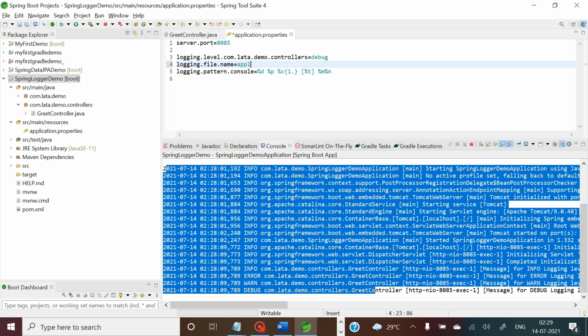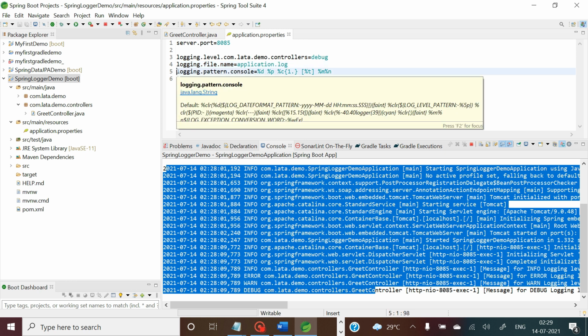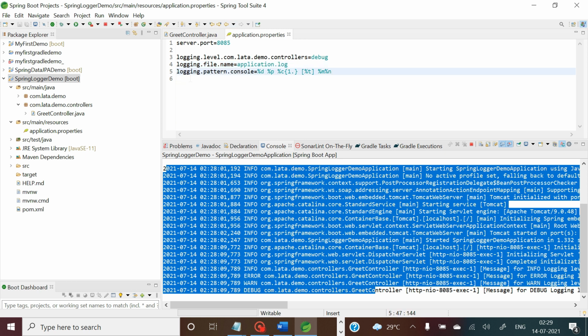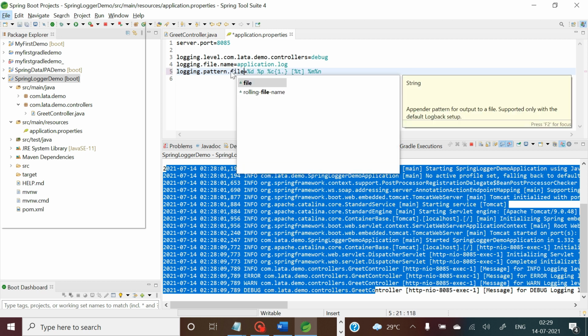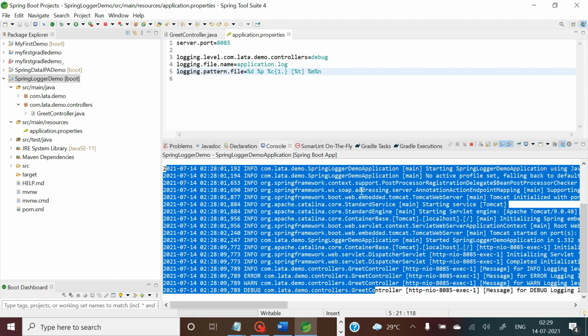Let's say I'm giving application.log. So now the log will be maintained in this file, and in the same way I can define a pattern for the file as well. So instead of console I can write file. That means for console the normal pattern will be followed, but for file this specified pattern will be followed.